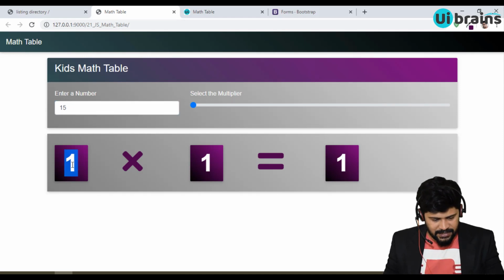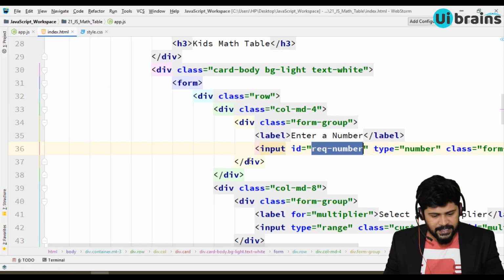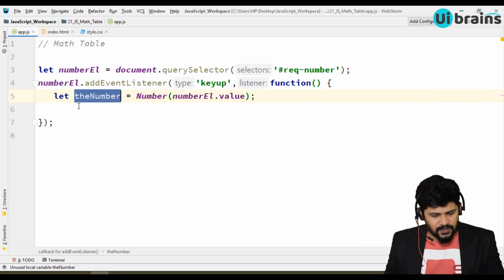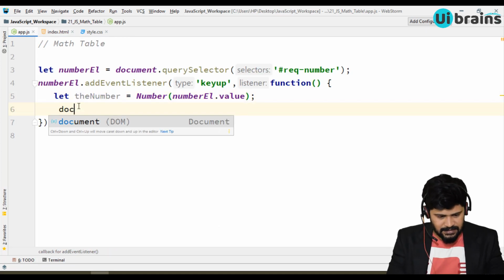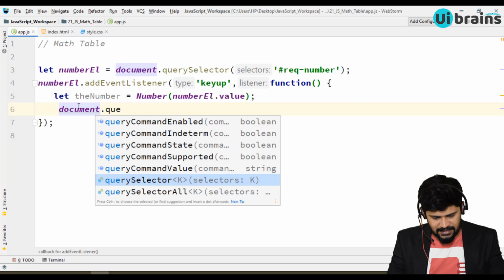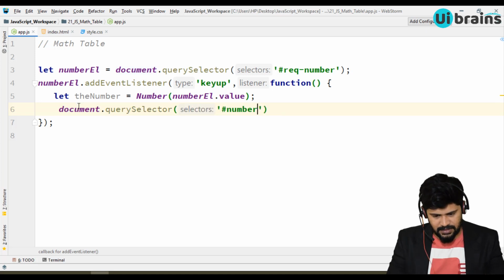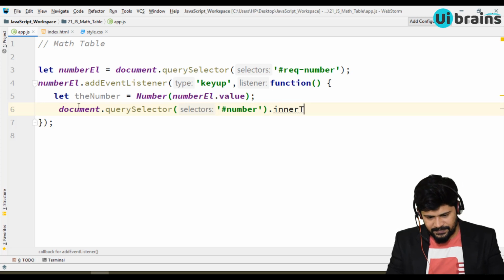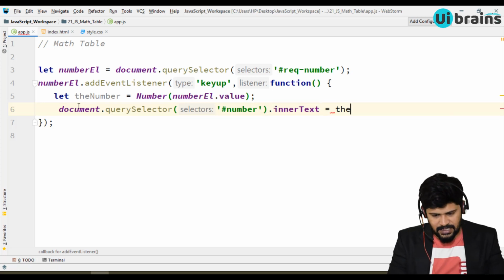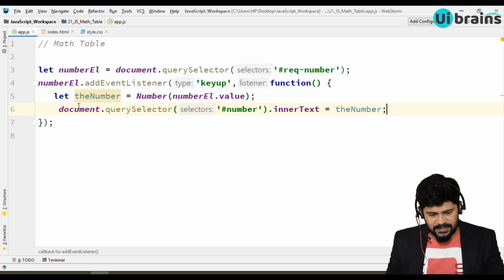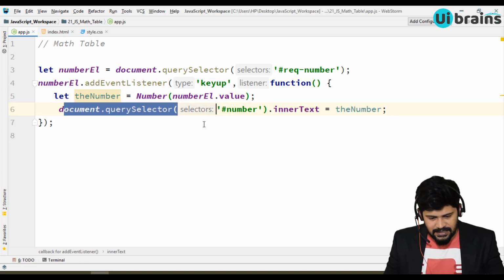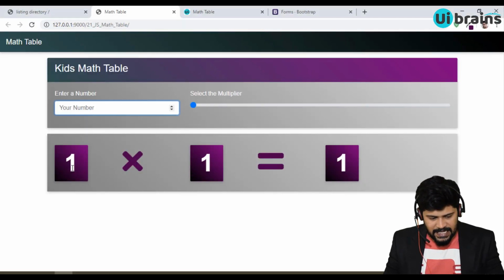What is the ID of that one? It is number. So directly document.querySelector of #number.innerText is equal to the number. Whenever you apply the key up event, it gets the value and attaches the value to this number. So this value is going to attach here.